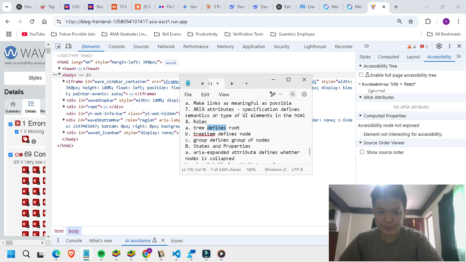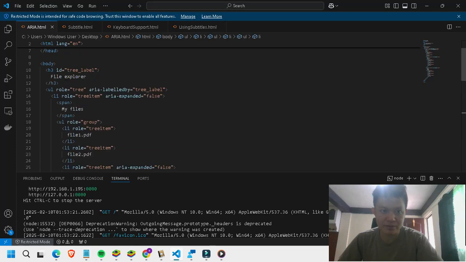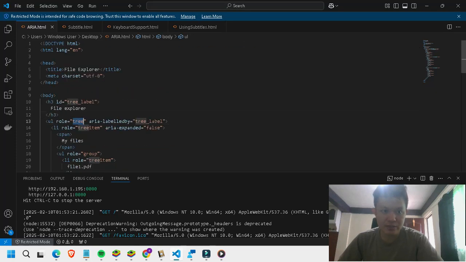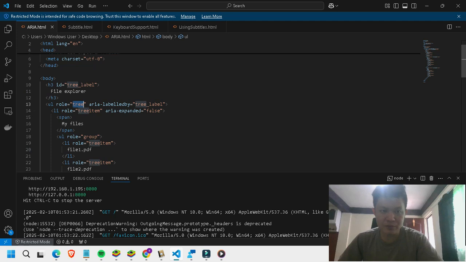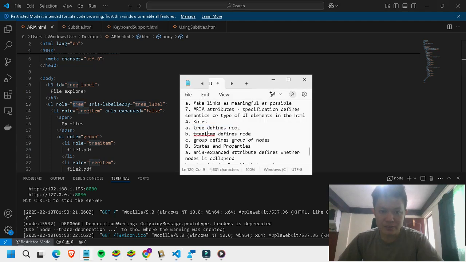So a tree defines the root. I'll show you an example, guys. Here, this tree used to be an ordered list. This tree defines the root of the node. That's the main concept of ARIA.